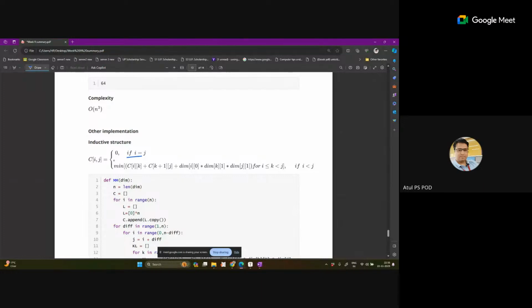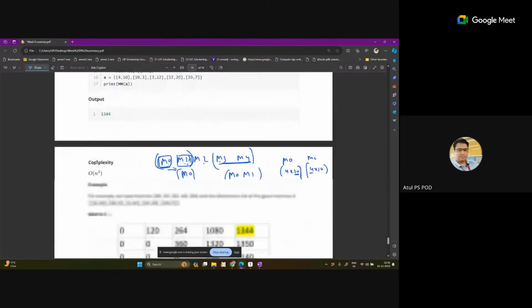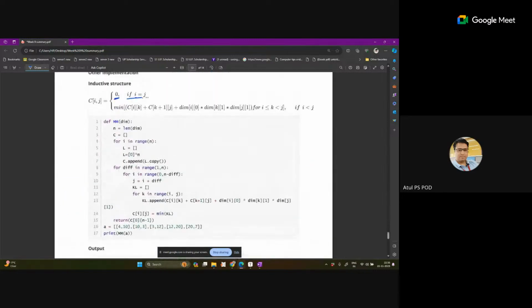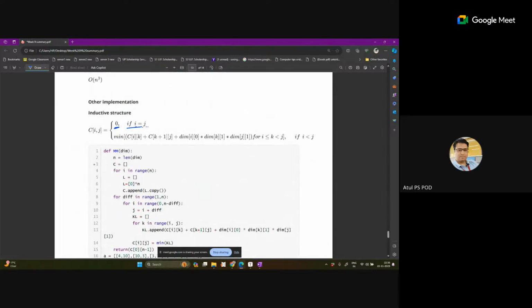So this is the base case. If i equals j, if both are the same, then we are filling 0. So this is the diagonal. If i and j both are the same, we are filling 0 on this diagonal. If they are not the same, then we are picking the minimum value, and this formula is